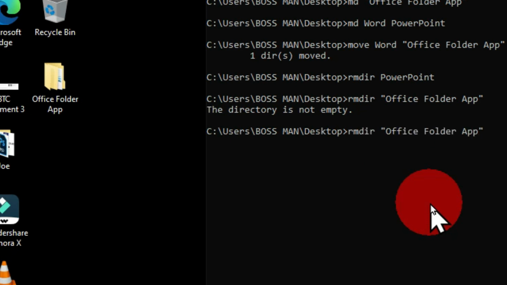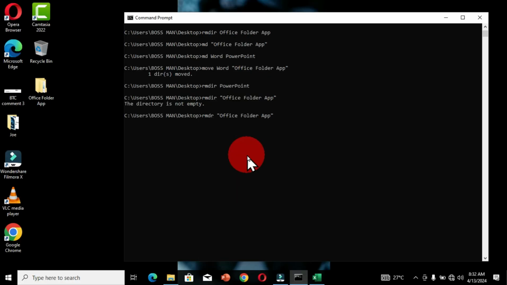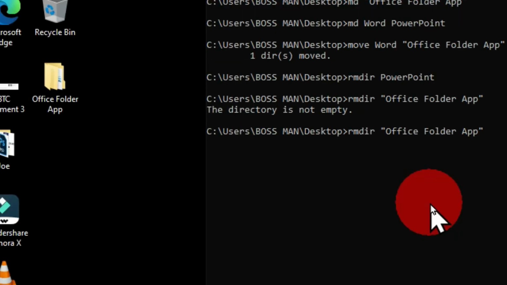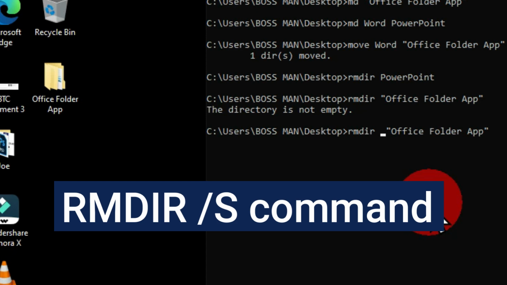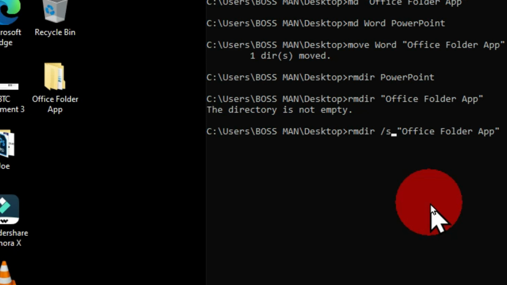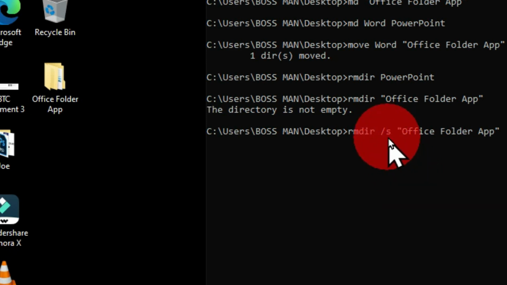Then I'm going to move the cursor to the end of the rmdir. Now the cursor is blinking before the R. I'm going to press the space bar and type the forward slash on the keyboard and type the letter S. Now when you do this, you are telling command prompt to delete a folder that contains a subfolder. That is why we have this S over there. So now I'm going to hit the enter key,